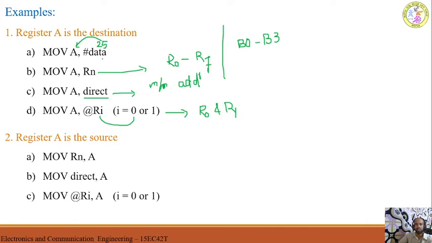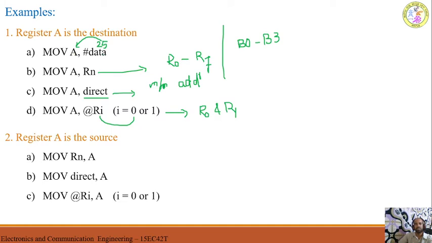So this is the immediate addressing mode. This is the register addressing mode. Both are registers. Whereas this is the direct addressing mode, because one address is directly indicated in the instruction. And this is the example of the indirect addressing mode, because indirectly we are accessing the memory location with the help of register either R0 or R1. Now in all these cases you can observe that A is the destination, whereas this part is the source. Opcode, destination, and then source.